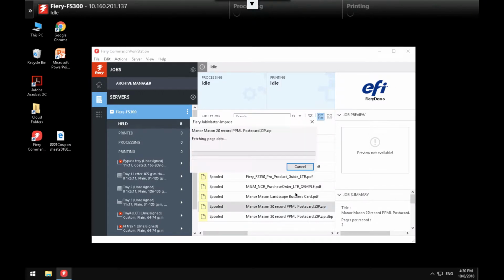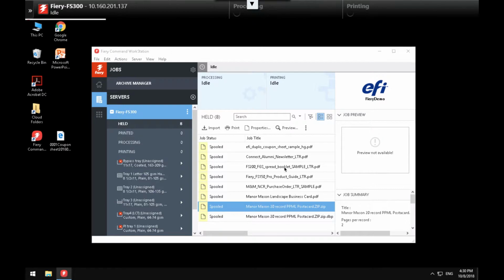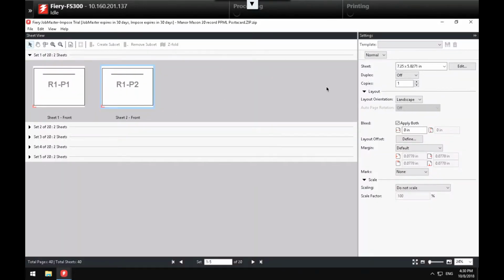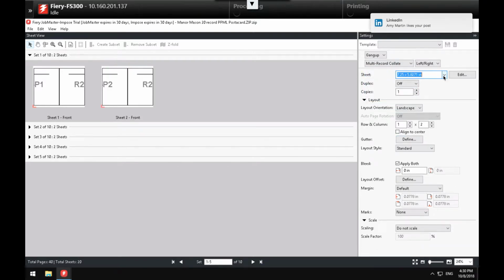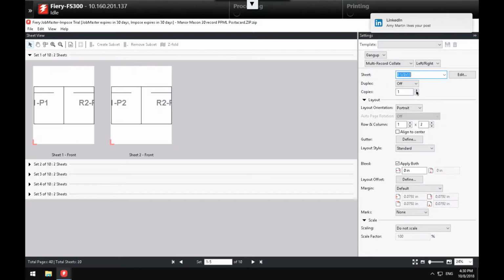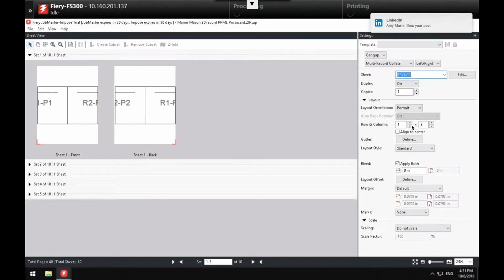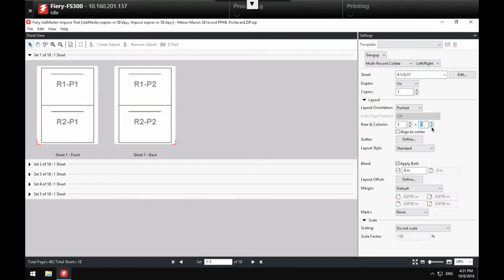This is cool because you get to see the file pulled into its sets. I'm going to do a gang up, but I'm going to let it know that this is a multi-record collate job, and I'm going to select 8.5 by 11. I'm going to go duplex on, but I'm going to go 2 rows and a single column, and I'm going to add my trim marks again